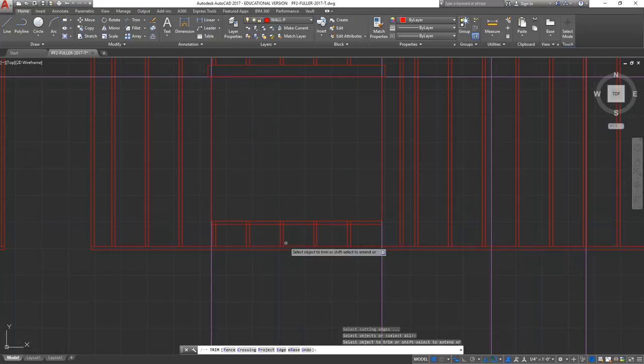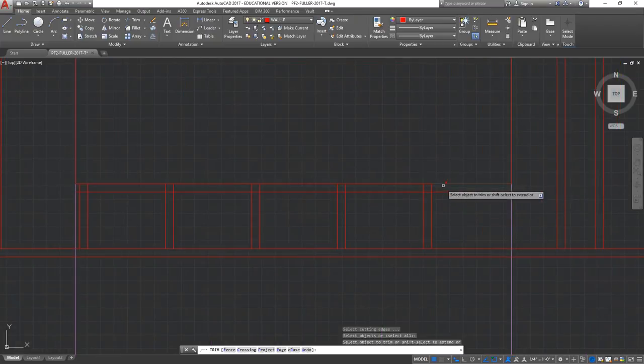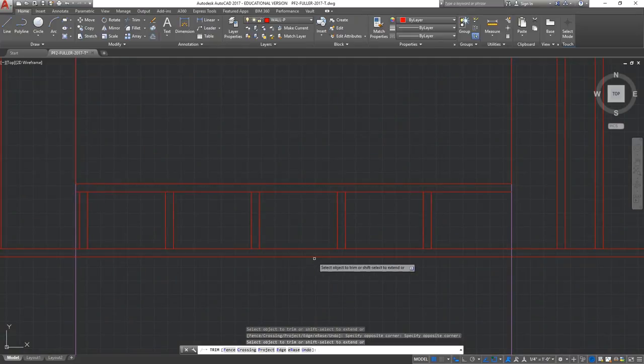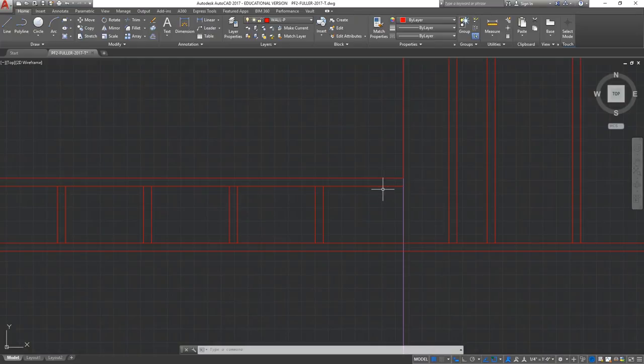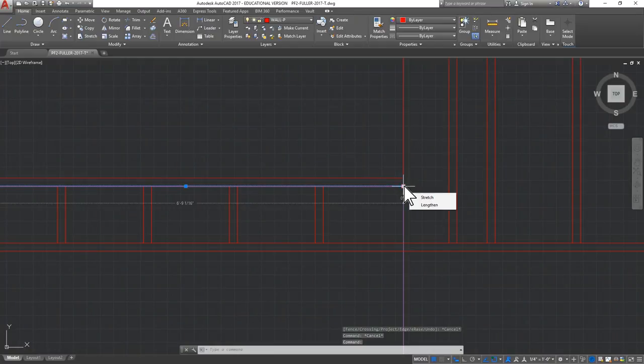Trim, enter, zoom in, and just click and drag across all that. And that deletes all those lines. Alright, now I'm going to take my trimmer, and it's going to extend an additional 1.5 inches, just like the header did. I called this a trimmer just now. I realize that it's not. It's a window sill. Okay, pull to the right,